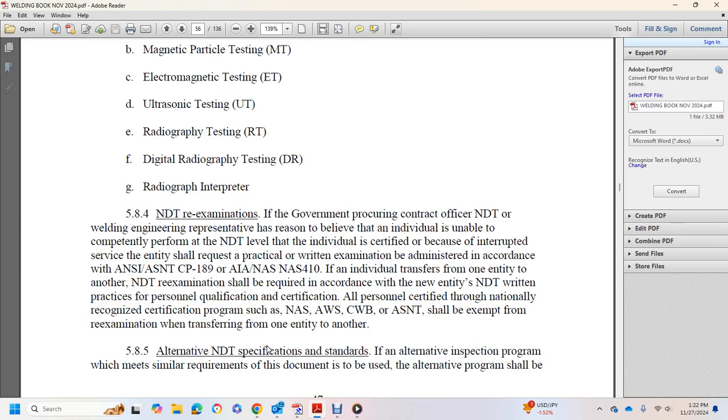Non-destructive testing re-examination. If the government procuring contract and non-destructive testing relevant energy engineering representative has reason to believe that the individual is unable to completely perform the non-destructive testing with an individually certified base for the certificate, they shall have the practical written examination administered in accordance with ANSI, ASNT, and NAS. And then the individual trained with one entity with another, the non-destructive testing re-examination is required with